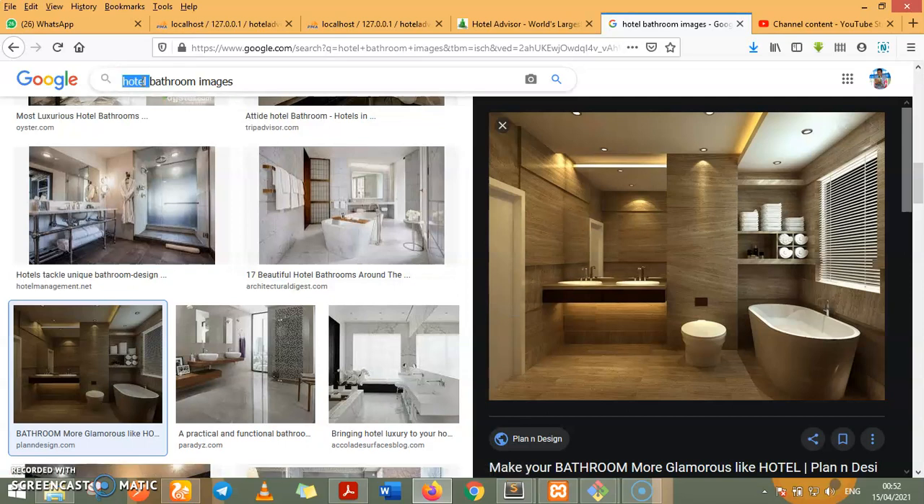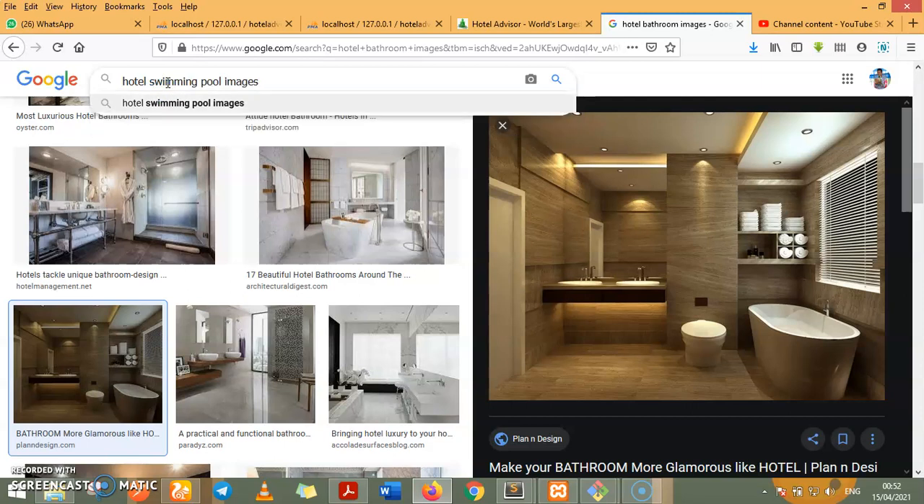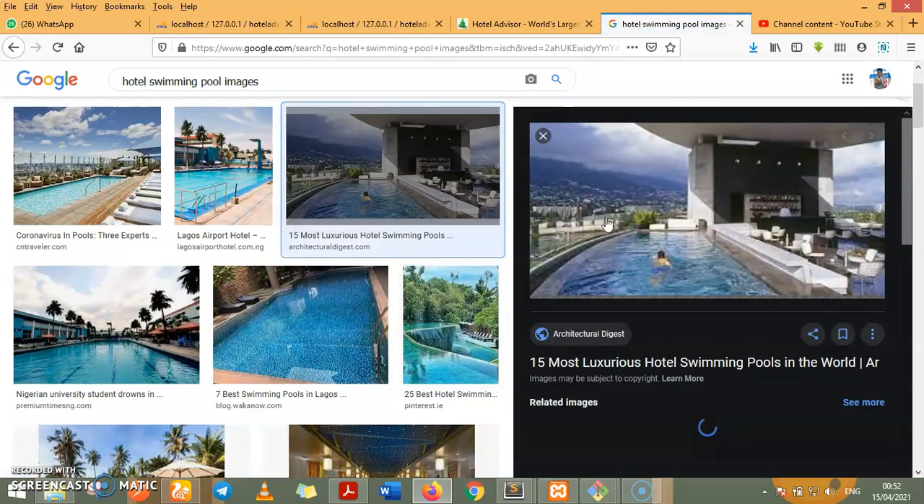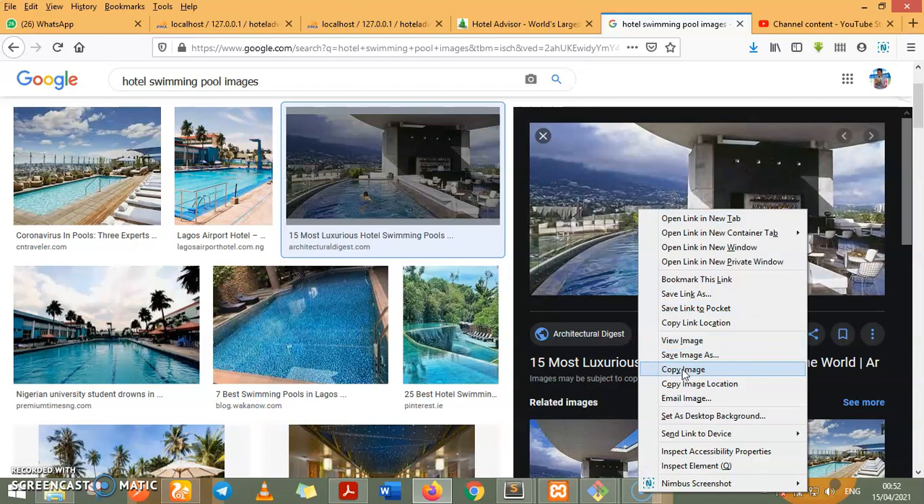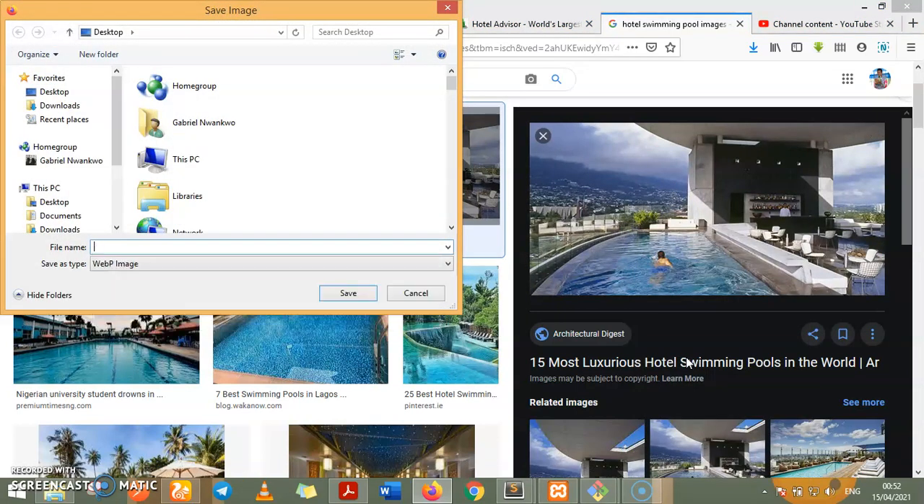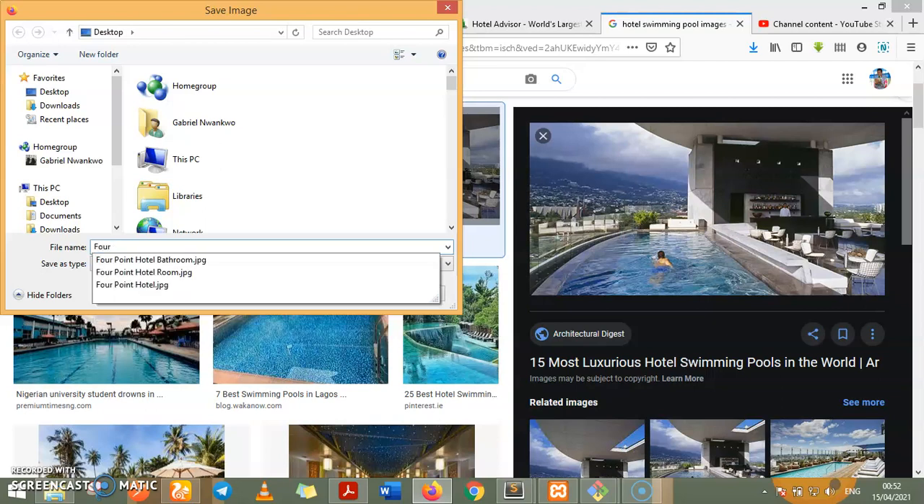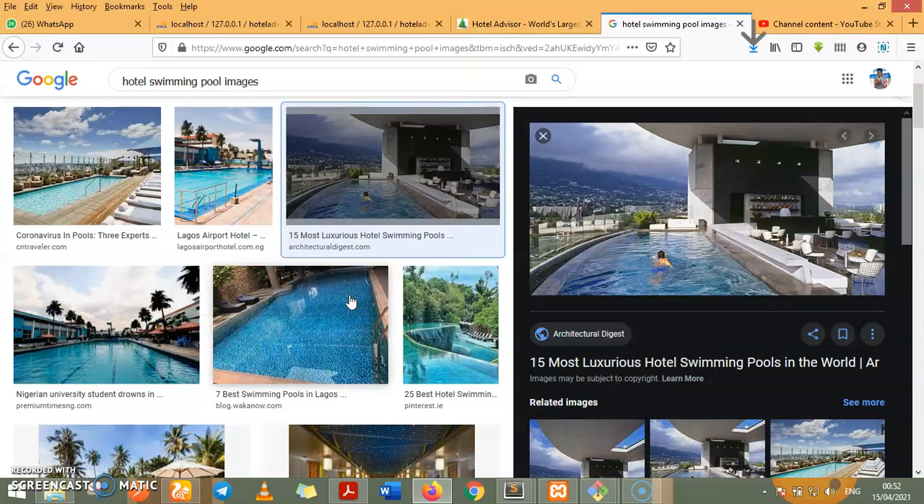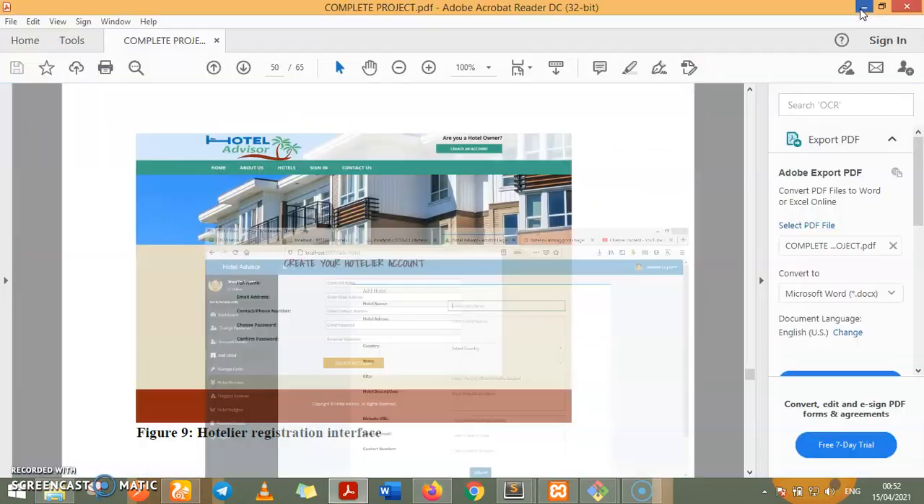Then next, I will search hotel swimming pool images. So let's say I like this one. I'll click on it. Now right click and I'll save. And I'll say 4 Points Hotel swimming pool. So that's it. You see, I've downloaded